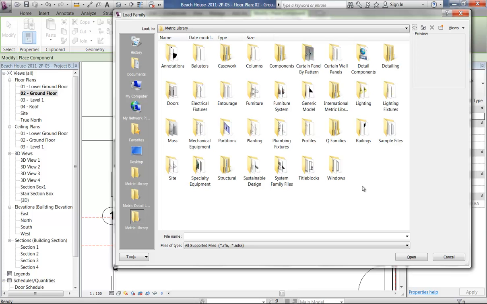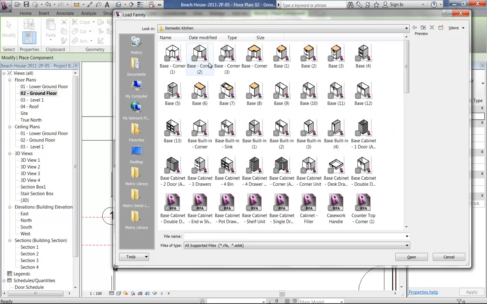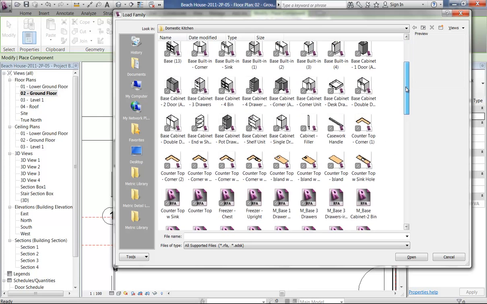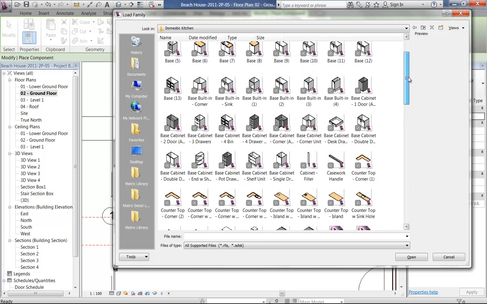Now I can't show you that right now because I'm not on the network, and so I'm just trying to grab the floor plan while I'm talking. So I might just quickly pause that. Okay, so like I was saying, in the casework folder, you may not have all these cabinets, but